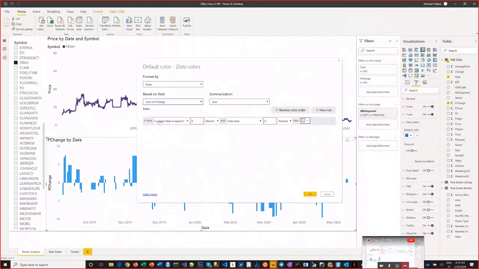Good. Average. And then I need two colors. And let's start with, I want it by number. Good. So when it's greater than